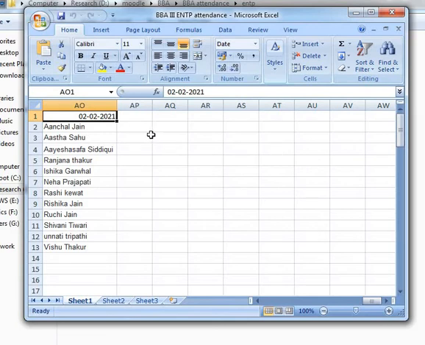Yes, ma'am. So here you can see this small square. If you place your cursor on it and click and drag it, it will keep entering new dates. You can see it is increasing the date. It was 3rd here, then 4th, then 5th. So this is how it works.